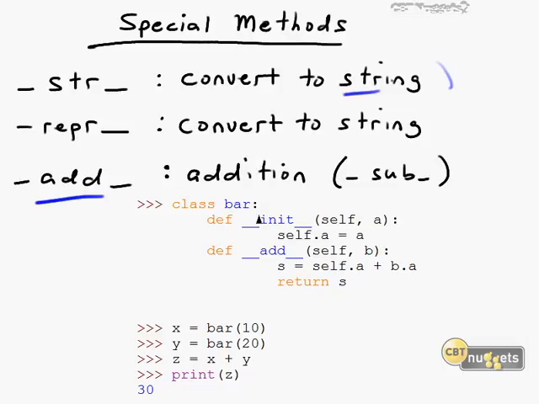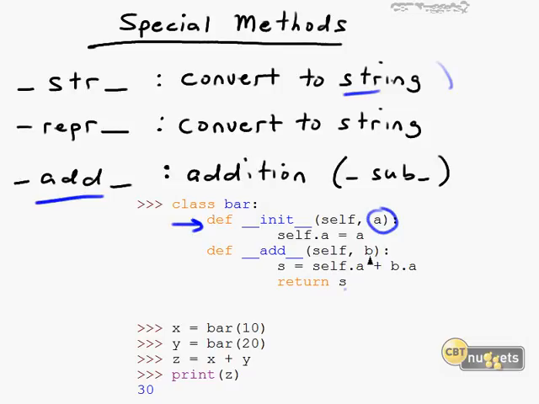We're creating a class called bar, foo bar, spam eggs, the whole deal. And also, as expected, we have our constructor definition that involves just one formal input parameter, and we're setting self.a equal to a. In other words, just to create an object of that argument. To handle addition, we can add a method using add that involves another argument, in this case b. And in this add method, we're defining yet another name and returning that name out of the function called s that simply performs addition of the representation of a, self.a, and also, check this out,